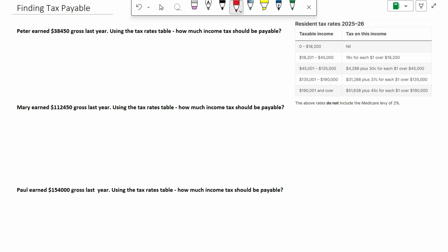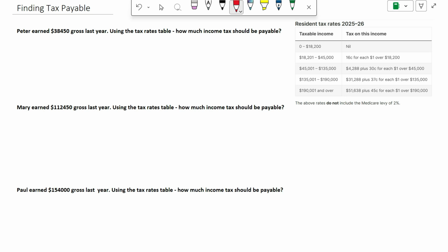Okay, in these three questions, what we're asked to find is how much tax you should pay based on the tax rates table. Now remember, this is just the tax on how much you earn, does not include the Medicare. That would be calculated separately. All right, so looking at Peter here,